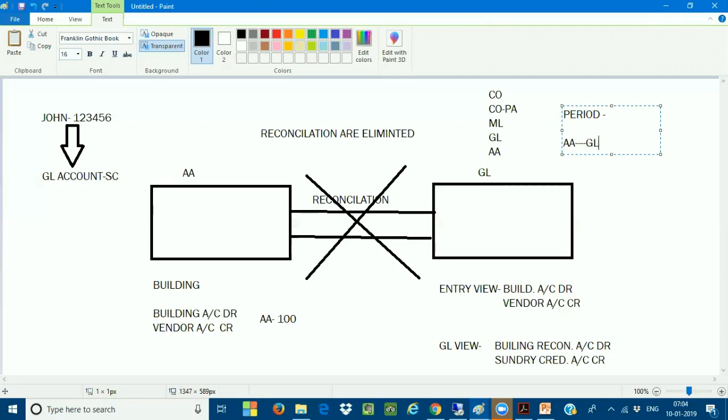If I see one asset, the balance in asset is 100 USD. If I see the GL, the balance for the same asset is $90. So where is the $10? The $10 is the difference. Why is the $10 difference coming? Because of some reconciliation issue. Some users might have posted this manually, removing the recon account or something like that. Because of this, the reconciliation issues are coming. So now there is no concept of posting any manual accounting entries. Everything should be triggered automatically through the ACDOCA table. Okay, got it. Thank you.